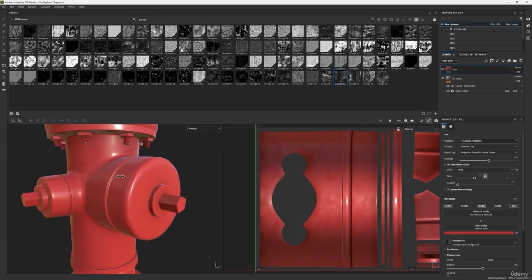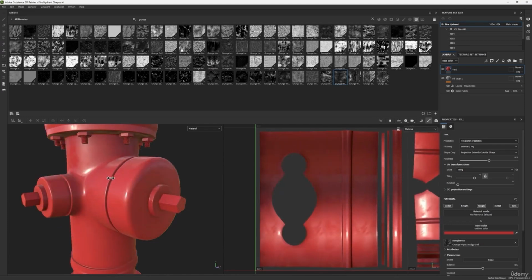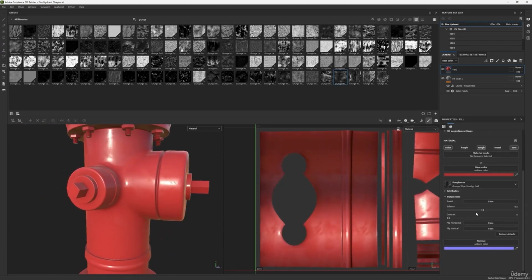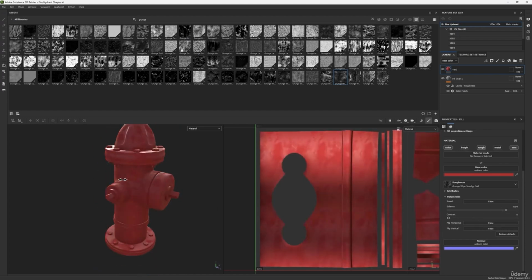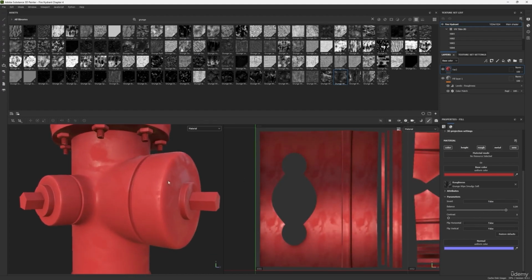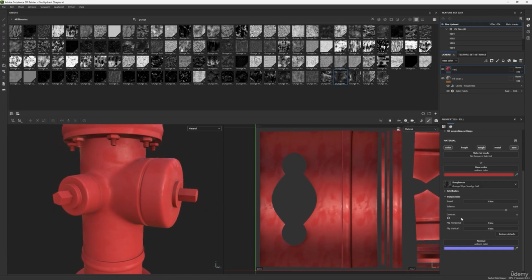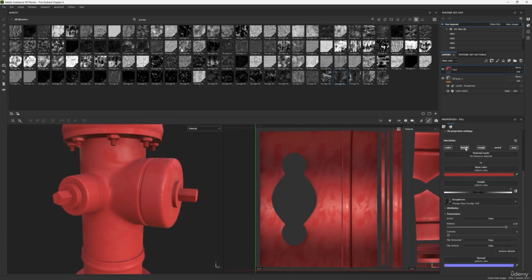Let's look at it under material. It's way too shiny right now, so we are going to use this balance to balance out the shine. I don't want this to be that much shiny. I guess this is looking just fine how we want it. I like this result. Also now I want something to be in its height map, so let me just enable